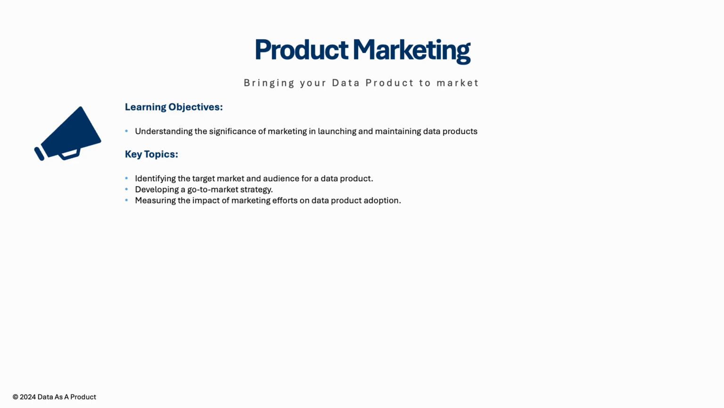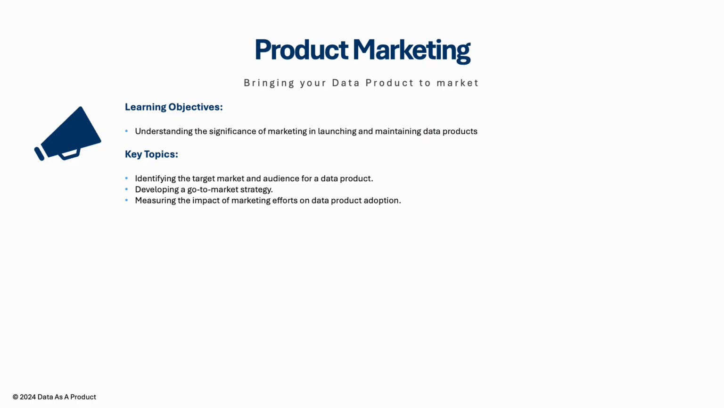The messaging could focus on how the tool simplifies complex data analysis, saves time, and provides actionable insights that directly contribute to business objectives. Another key aspect of product marketing is measuring the impact of your efforts. This involves tracking metrics such as user adoption rates, engagement levels, and feedback from your target audience. These metrics will give you insights into how well your marketing efforts are working and where you might need to make adjustments. For example, if adoption is lower than expected, it might indicate that additional training or more targeted communication